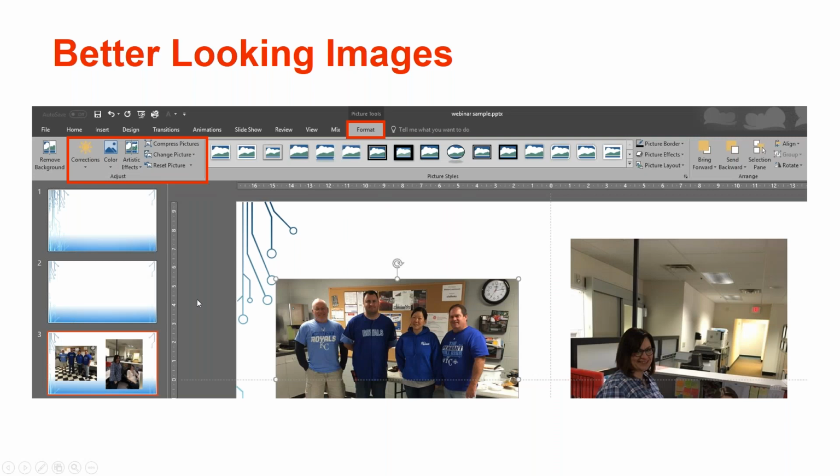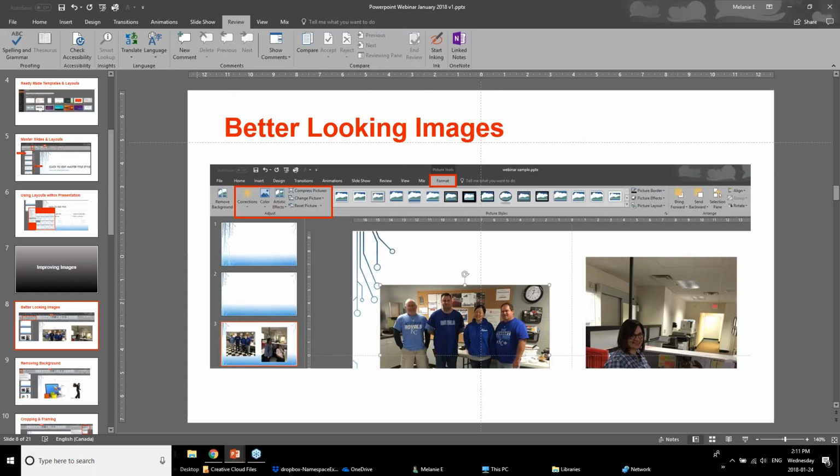Now, let's talk about improving images. They famously say a picture is worth 1,000 words. I would challenge that in the sense that if the picture is not great, it is not worth 1,000 words. And I have seen this countless times in presentations where people recognize the fact that people like seeing images in their PowerPoint presentations, but either the photographs are not clear, they're too small, they're too many,